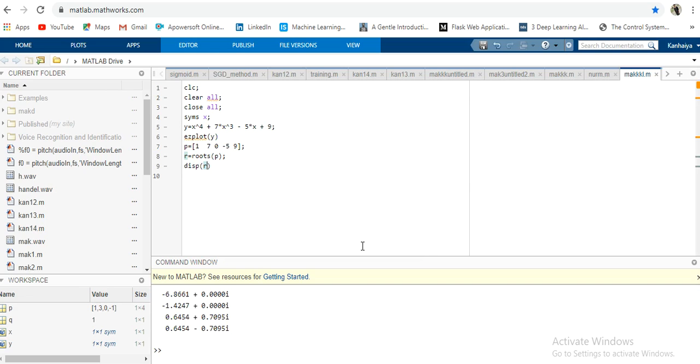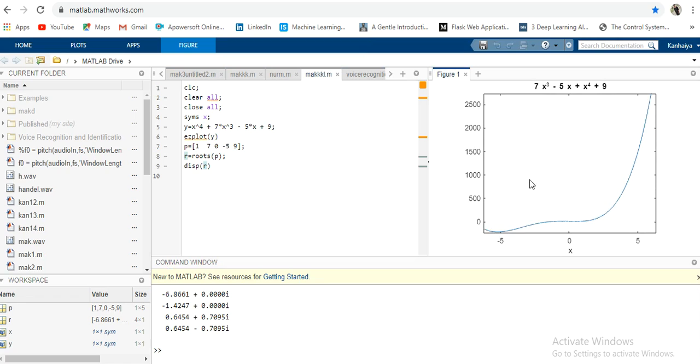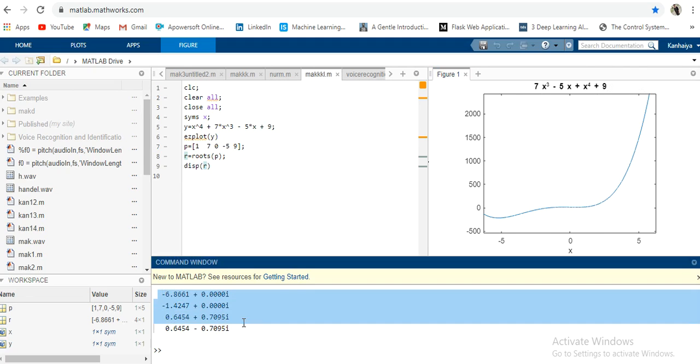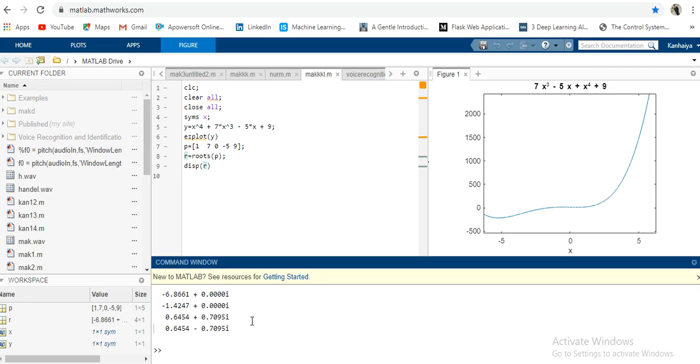Always analyze the graph also, because it is very useful. Yeah, that's giving me 4 roots. This is the graph. We have seen this graph before when we were solving the second problem. In the first problem we plotted the graph, it is the same. Let's see, these are the 4 values, which means we are doing the right calculation. We are just giving the command to MATLAB, and MATLAB is solving for us. That means that is the correct answer.